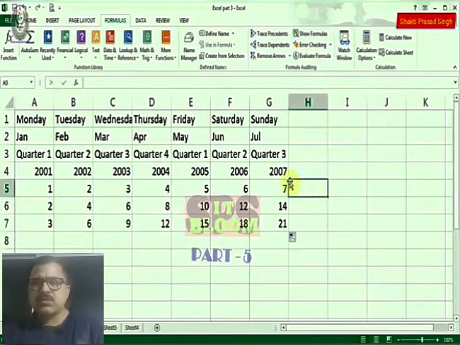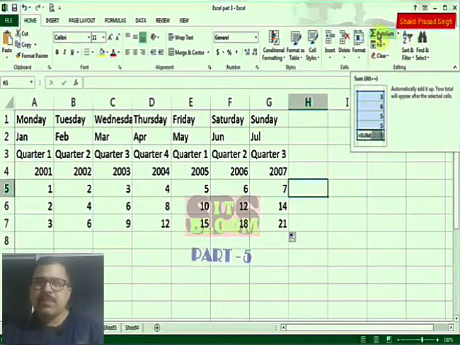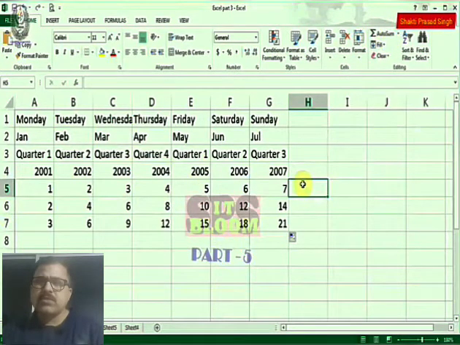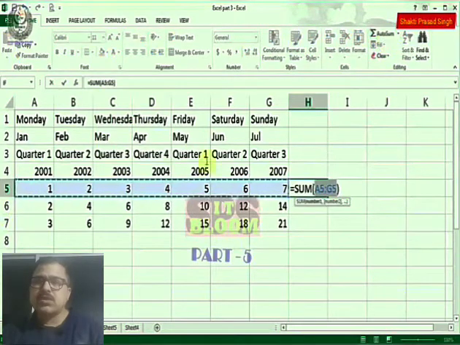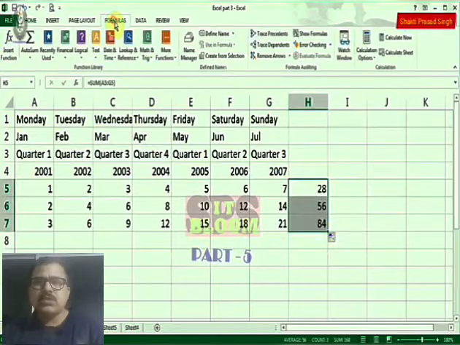I'll do up here a summation function. So I'll come back to home. You can use it from here, but I'll come back to home and I'll click on the sum, auto sum button, because I'm in line where my calculation is going. And you see it makes a guess. In this case the guess is right. I do want to sum all of them up, so I'll leave it as it is and I'll use check mark. Now I'll look for the fill handle and I'll copy it down,